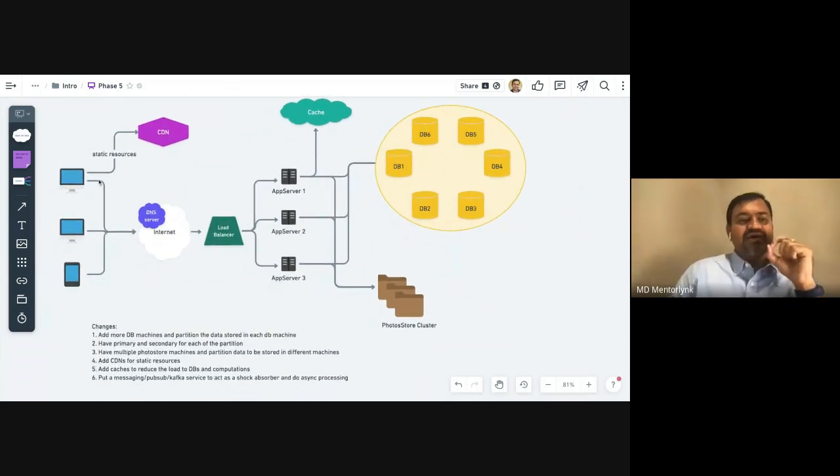So for photos, we could introduce, again, I'm not going to go through this, but let's talk about what is in the picture. First thing we did was we made a bunch of databases here. There could be a component here, the proxy server or load balancer, which can shard and make all these databases act as primary for some database. So let's say user one tries to upload one photo that goes through the load balancer. It is sharded based on whatever consistent hashing logic.